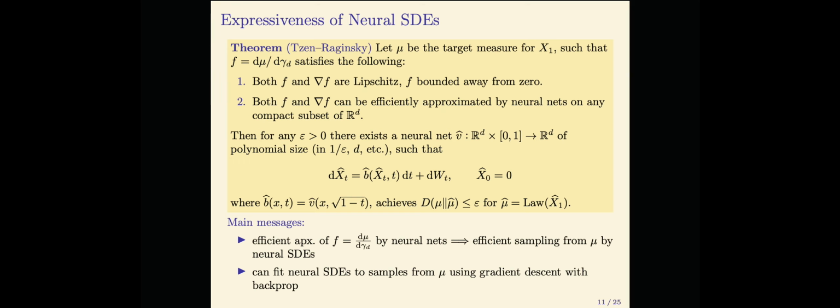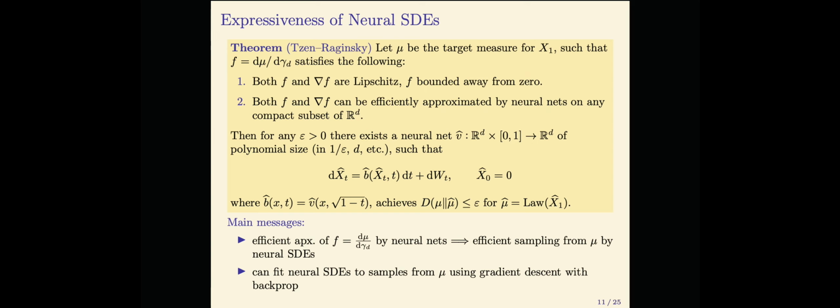between the target and the standard Gaussian. And we need to make some assumptions on this density. They're not terribly restrictive. You can basically attain them by approximation, maybe additional smoothing or clipping or what have you. But we assume that both f and its gradient, and this is differentiable, are Lipschitz, and f is bounded away from 0. So that's just some notation assumption on the tails of mu, like they should be roughly